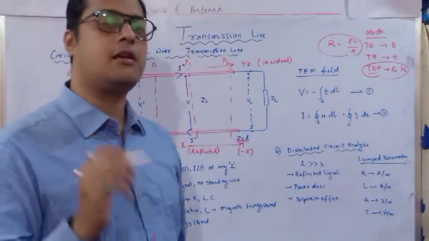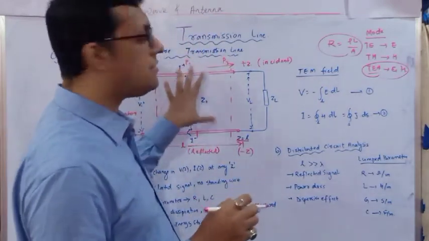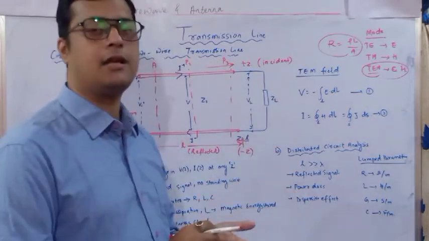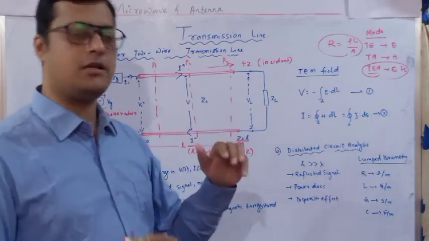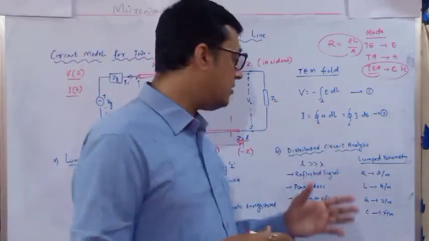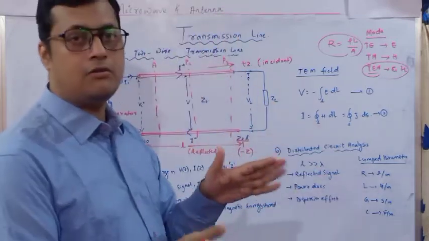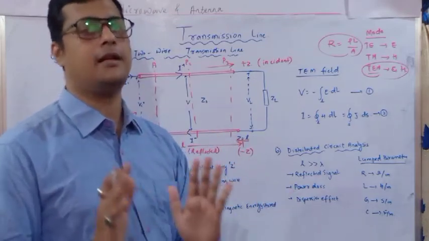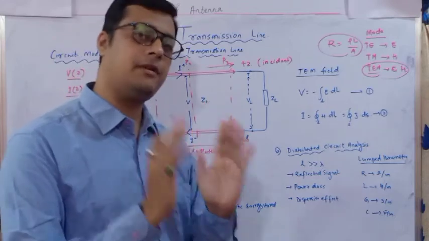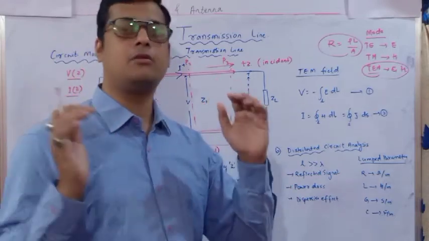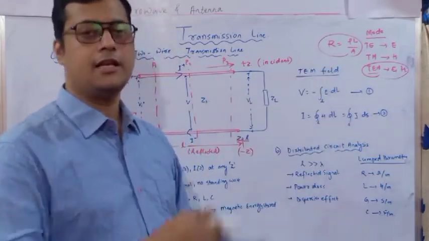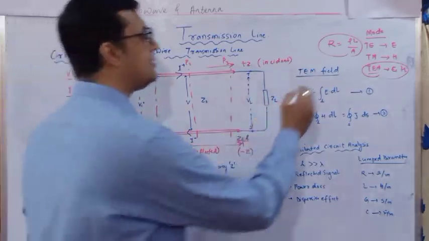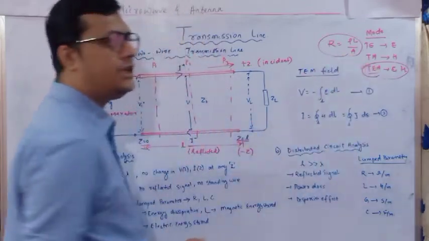The waves which are going to be transmitted with the help of this transmission line are TEM waves. Whether you go for coaxial cable, two-wire line, three-wire line, parallel plate, or strip line, all are working in transverse electromagnetic mode, because with the help of electric field and magnetic field our whole information is going to traverse in a certain direction. So this transmission line is working in a TEM mode.